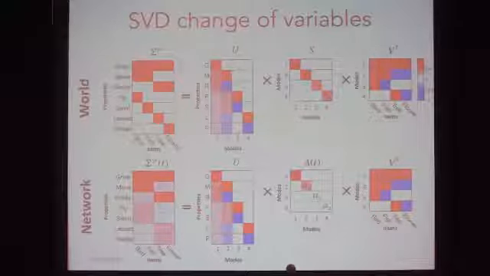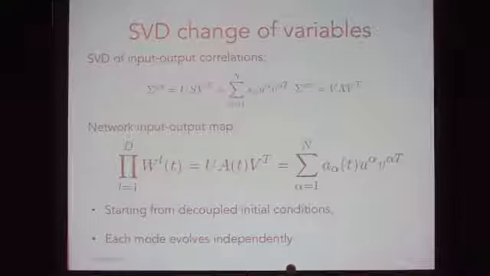So when we do this SVD change of variables, essentially we're analyzing the network's learning dynamics in this reference frame. And so what's going to be changing is effective singular values denoted by A here. And so we're going to be tracking how that changes over time. So just to put it in equations, the network is doing a time-dependent SVD, and what we're going to be looking at is the coefficients of that time-dependent SVD.